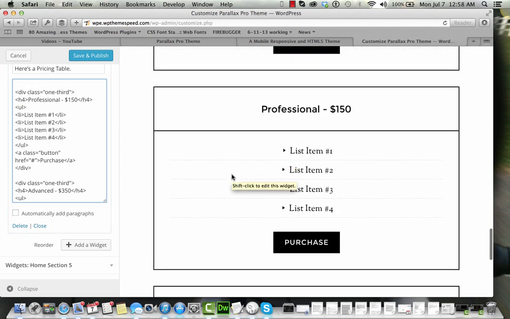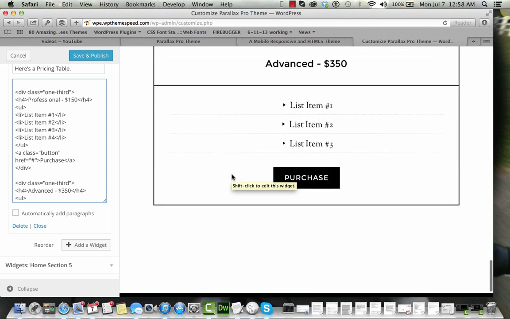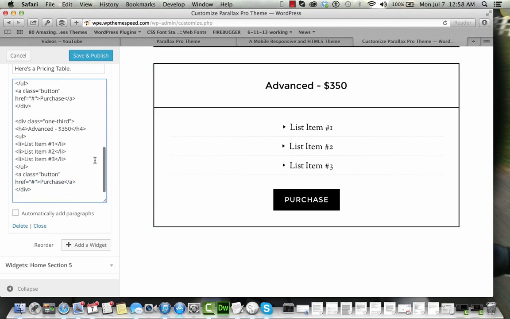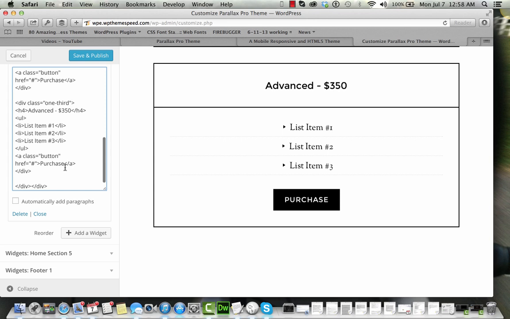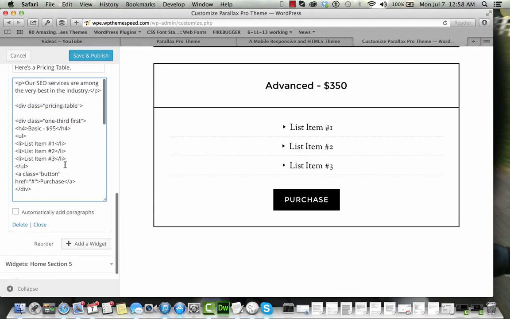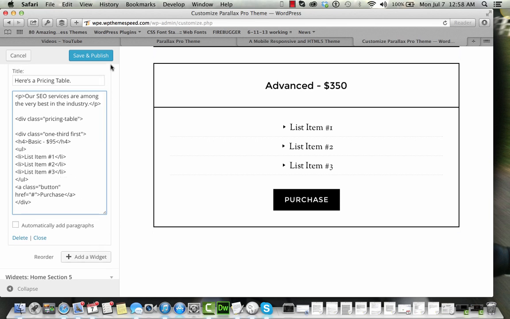There's our price table. Now, it's going into a responsive mode and stacking on top of each other because in our preview, we don't have the full screen option. So I'm going to leave that the way it is. I may have to clean that up just a little bit more later, but I think I have included all the divs that I do actually need. Okay, so